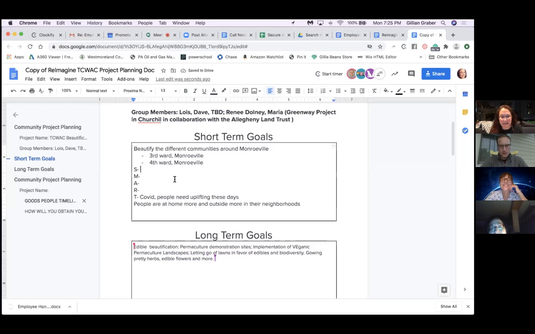Specific. Oh, so we do have something really specific. We can narrow this down a little bit more. And M is measurable, so that kind of goes together with specific a little bit.